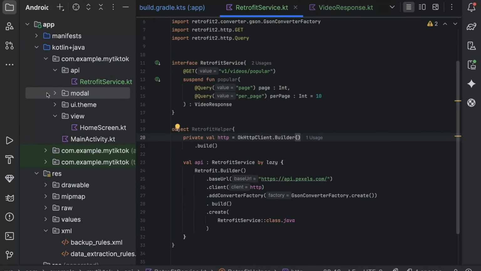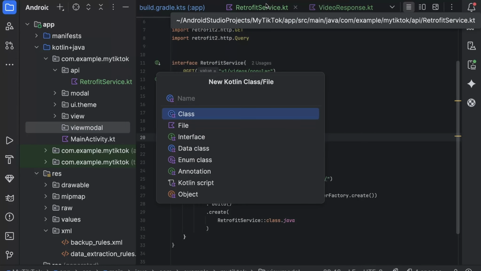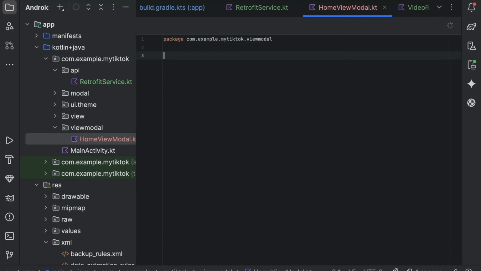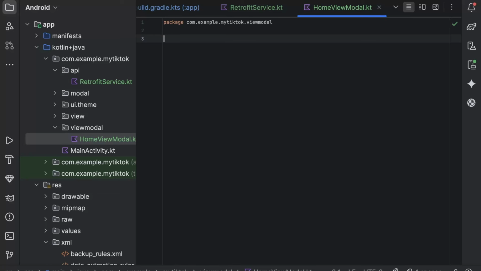For this, I already have the model and view. I'm going to create another package, a new package named ViewModel. Here I'm going to create a HomeViewModel file. By using HomeViewModel, I'm able to make the API call and show the UI on our application. So before that,